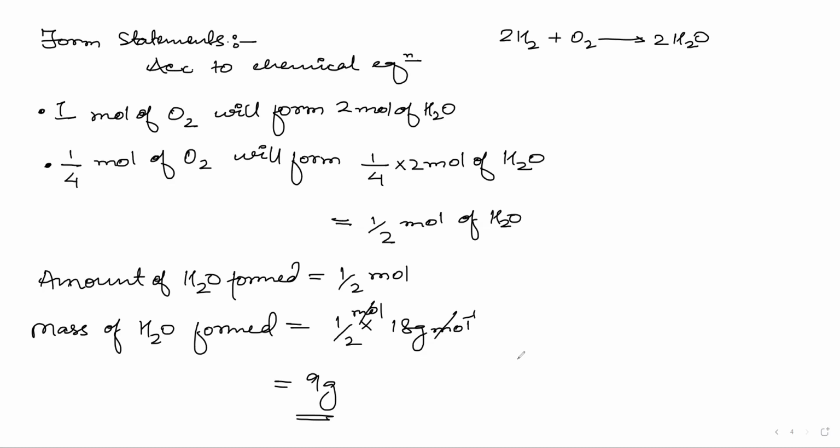Whatever question you get, you will first of all write the need statements, then the form statements. But before that, you have to have the number of moles and the balanced chemical equation. From the need statements, you will get the limiting reagent, and from the limiting reagent, you will run the reaction and form the products to get the amount of product. Also remember that you will only find the limiting reagent when the amounts of two or more reactants are given. If the amount of only one reactant is given, then you won't find the limiting reagent.